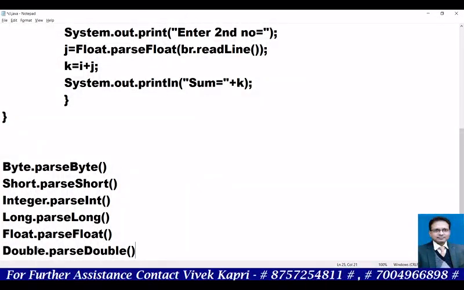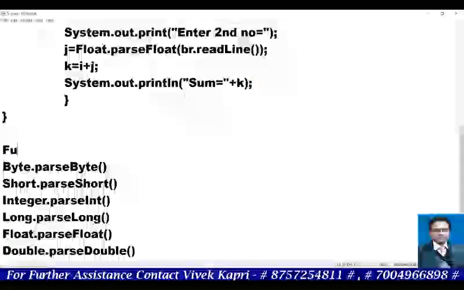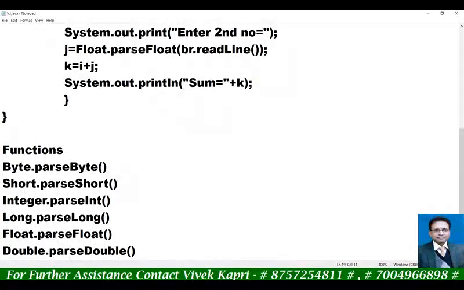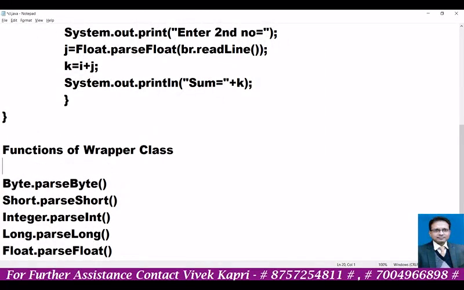So this time you have to know these are the functions of wrapper class. Okay, so let me tell you why, after one or two months.